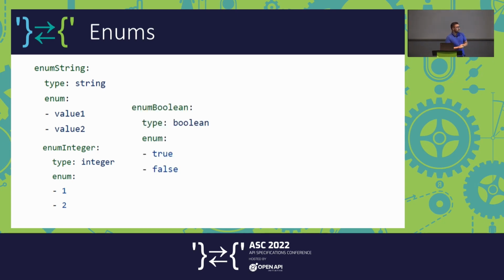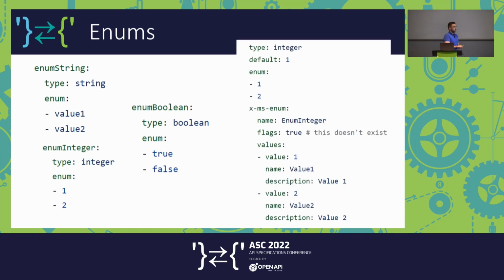And even worse than that, you can have a case where you have an enum again, and it's of type Boolean, and then the values that are possible are, surprisingly, true or false, right? Is that useful at all? No, not really. So to bridge that gap, Autorest actually defined an extension a while ago, which is